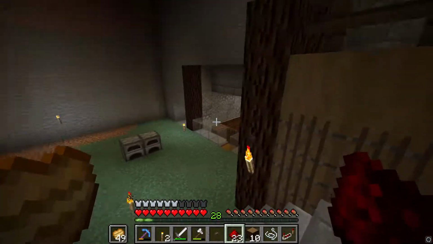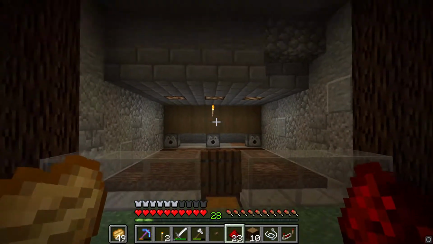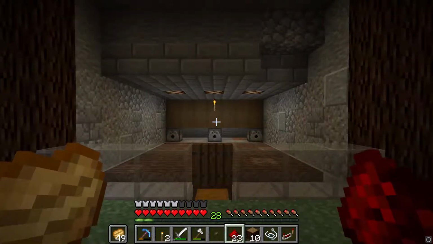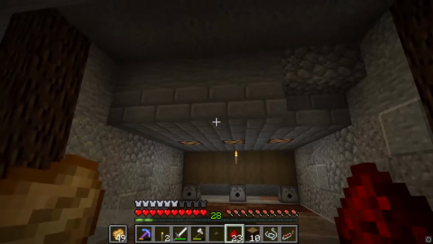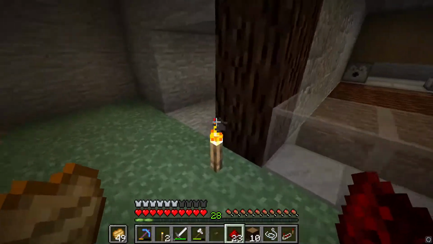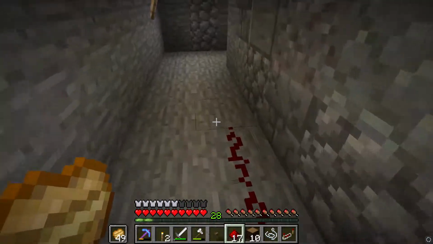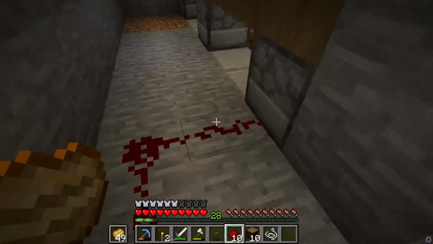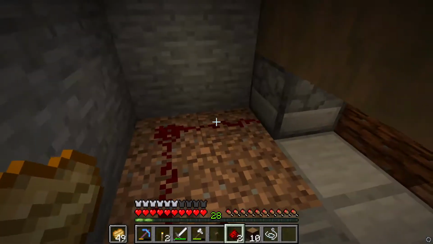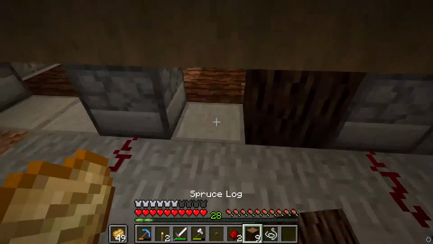And as you can see, we've been putting a little bit of work in off camera to get this finished. So let me just quickly dump a little bit more cobble into there so that we can get some more stone bricks to finish the ceiling here. And we can also begin to lay the wires down to get this up and running. Let's get a repeater down there. We just need to make sure that the redstone flows into the back of each of these